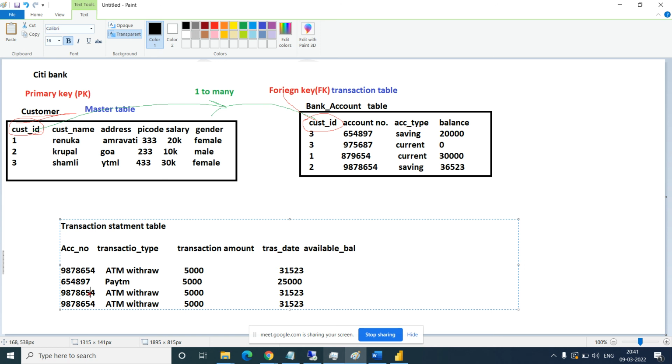One more is the same ATM withdrawal, again a withdrawal of 10,000, and they remain with 21.